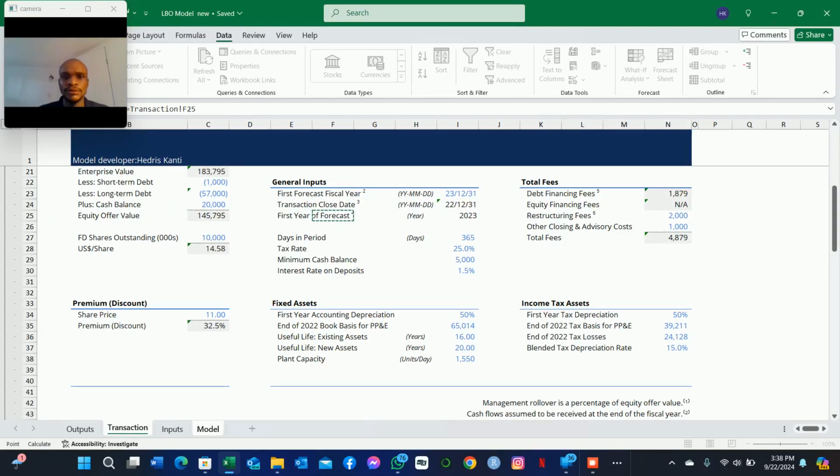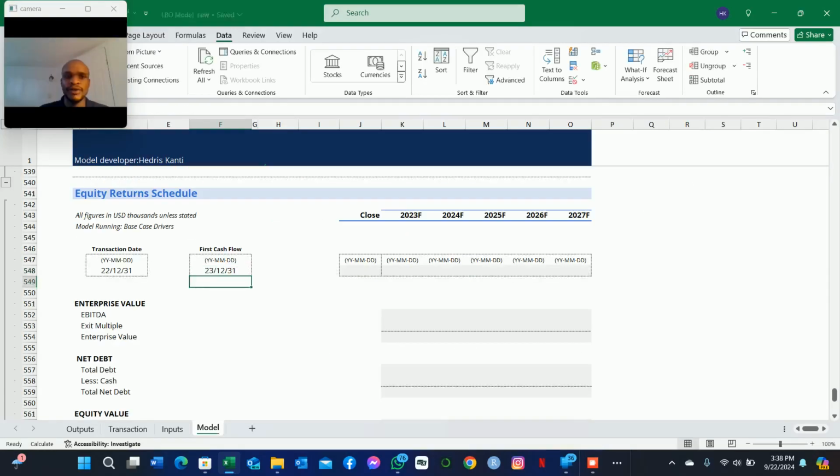The first year, we have it set up there as 2023. So we can also just reference that here. Then the first year of cash flow, we can also reference here. So going forward to now estimate the dates from 2023 up to 2027, it's just going to be equal